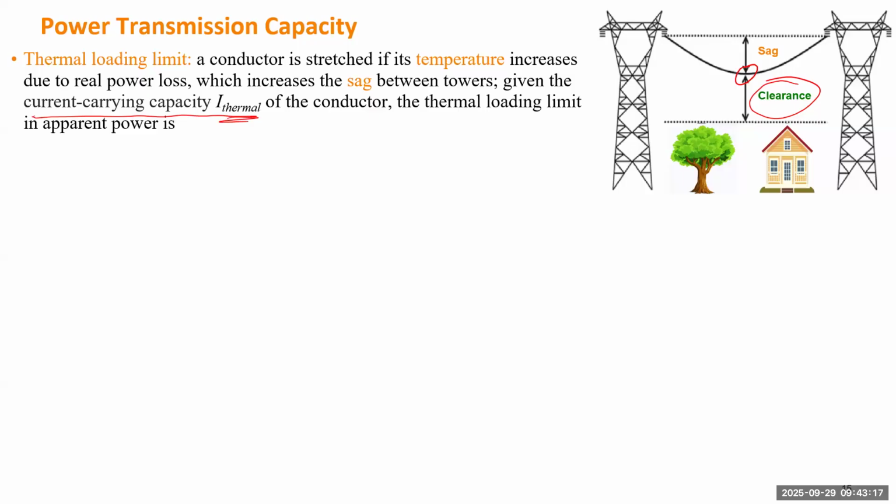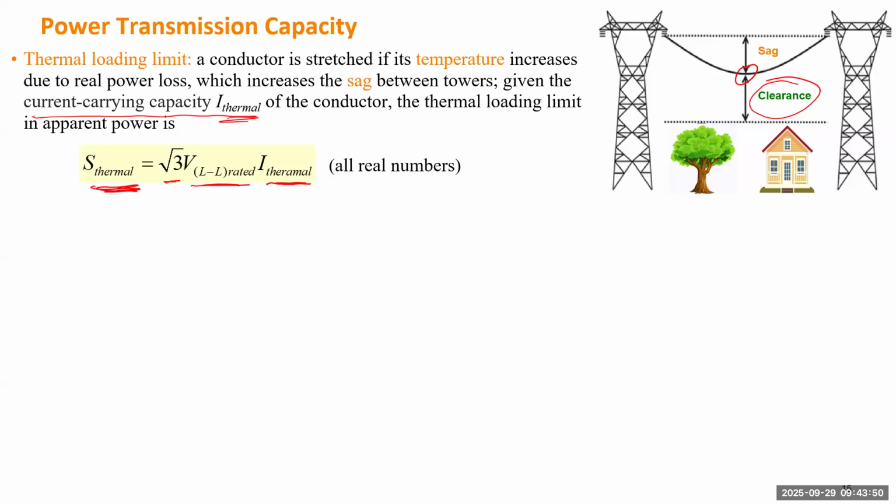So if we know this limit, which depends on the line and the clearance to the buildings and trees, and if we know the voltage level, we can calculate the thermal loading limit in terms of the apparent power. Which is basically just the thermal limit of the current multiplied by the line-to-line voltage, the rated voltage, then multiplied by the square root of 3. So this is because